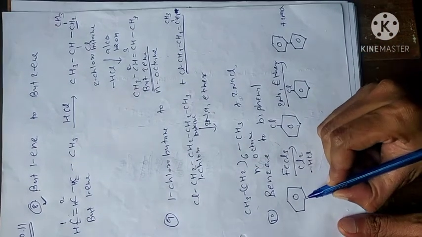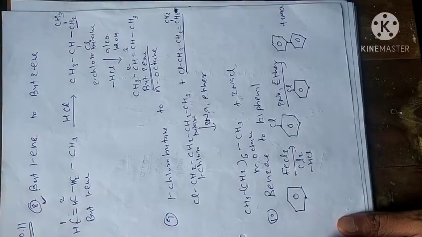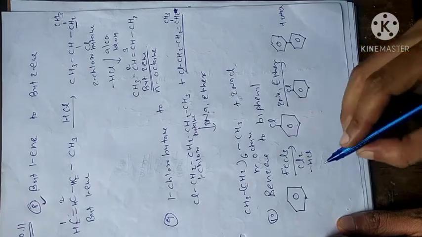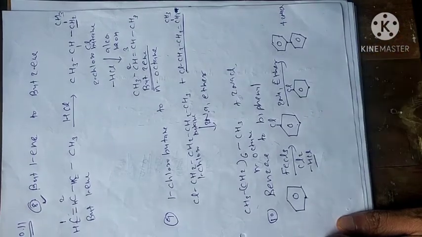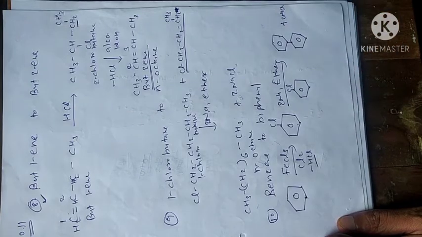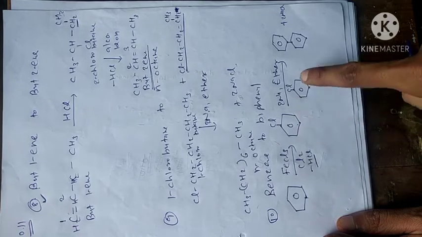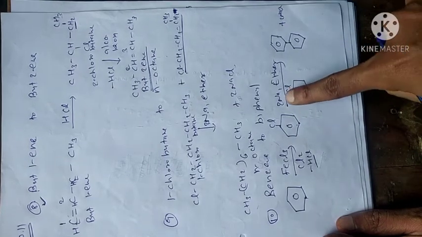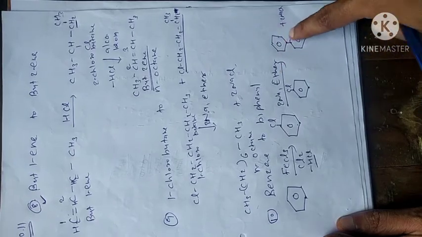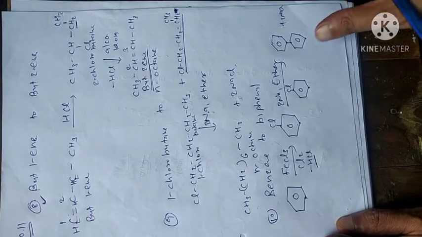So chlorination of benzene, that is our first step. For that use FeCl3 and Cl2. HCl will be a byproduct, you will get chlorobenzene. This is chlorobenzene. Now use Fittig reaction. In that the starting material was chlorobenzene and another chlorobenzene. In presence of sodium and dry ether, it will give biphenyl and 2NaCl will be removed.